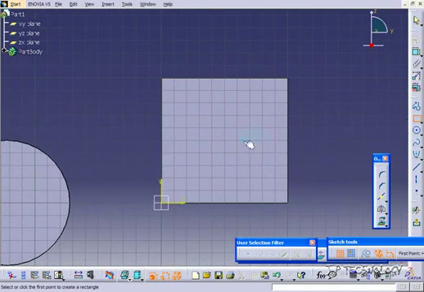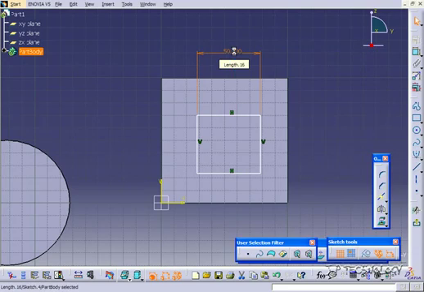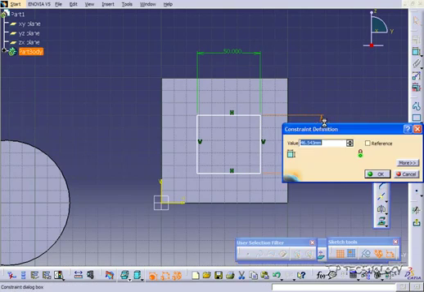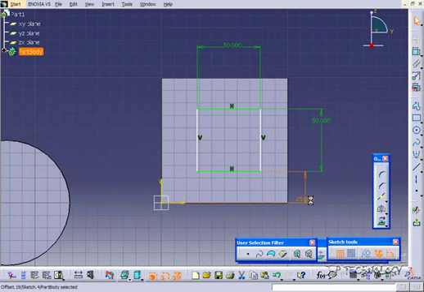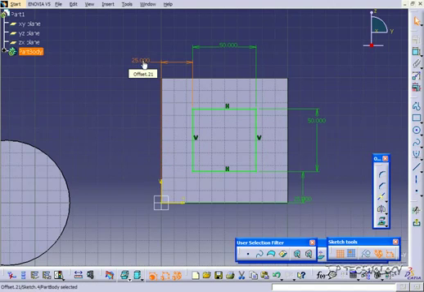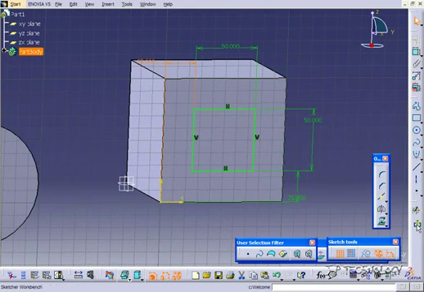let's draw a square. And let's dimension the square to 50 by 50. And we'll center it so it's going to be 25 by 25. So once you have all those dimensions in, let's go back up